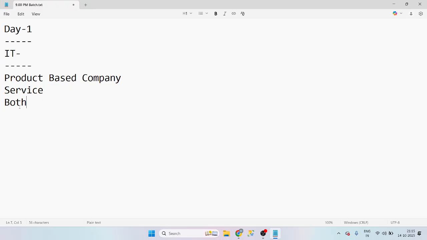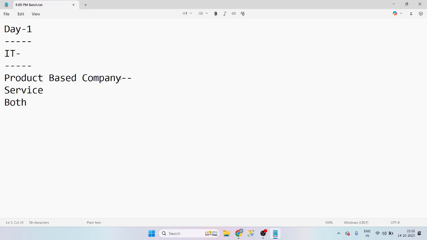Okay. So here, the product based companies, service based companies, and both. What is the main difference between these? These things will definitely matter for a Scrum Master, because in service based companies we have fewer opportunities for the Scrum Master. Our main target is product based companies and both. Okay. Why product based companies? Why? Because